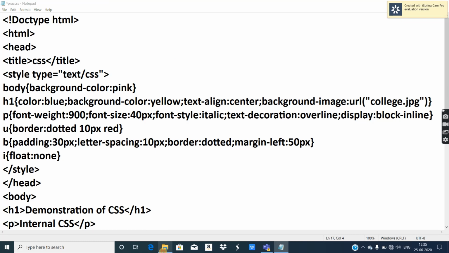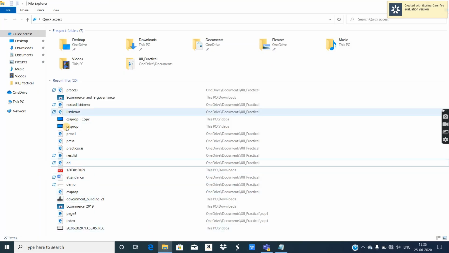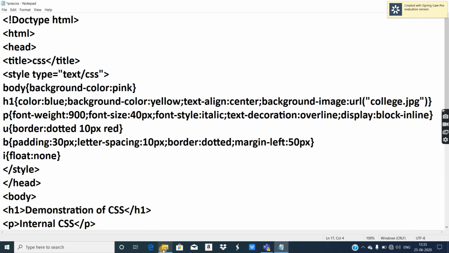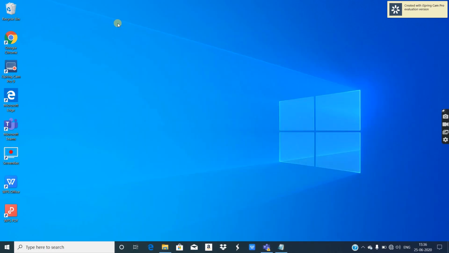So I'm going to execute this file on Google Chrome, because most of the values of border I have tried again and again, they are not supported in Internet Explorer. So I am going to use Google Chrome and my file name is prac.css.